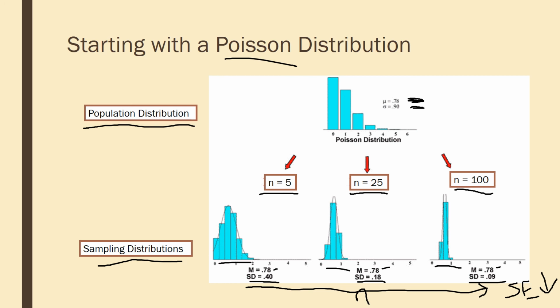So you can see that the central limit theorem also works for a Poisson distribution, or a skew to the right distribution. In fact, it works for any distribution. So we went over two examples, the uniform and the Poisson. So it doesn't matter how the population distribution looks before. It just matters how many you take